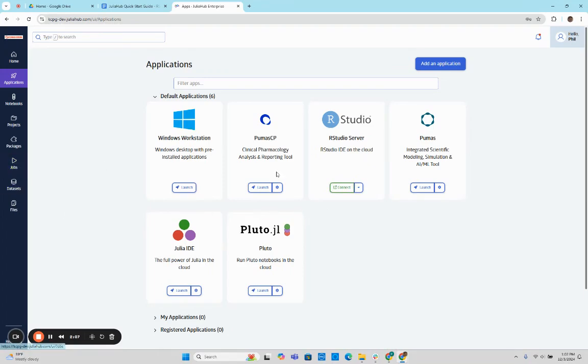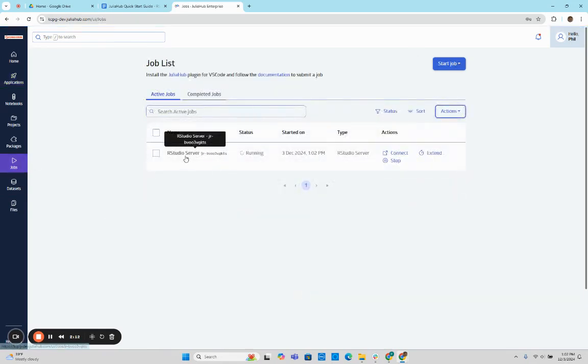I click on Jobs. So when I click that Launch button, it created a job. Here it is. You see how it's running? 1:02 p.m. See the time here? 1:02 p.m. Now, if I look at completed jobs,